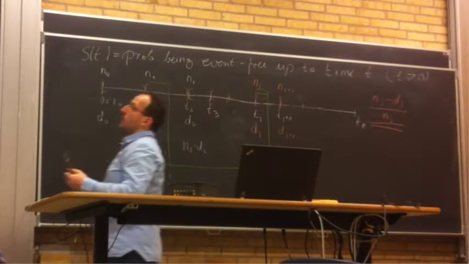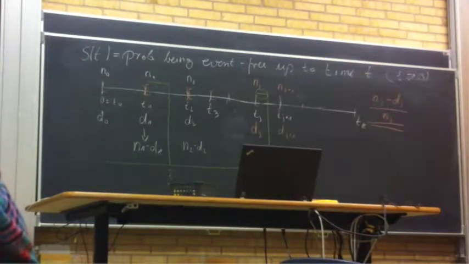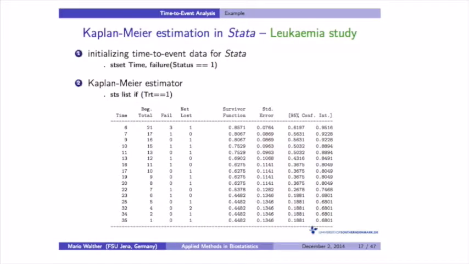So to get the Kaplan-Meier estimator in Stata, you have to perform two steps. The first step you always have to do if you perform survival analysis in Stata: at first you have to define the so-called survival dataset, or survival event time dataset. ST stands for survival time. Yes? At first you have to define event time data or survival time data, which is done by the standard